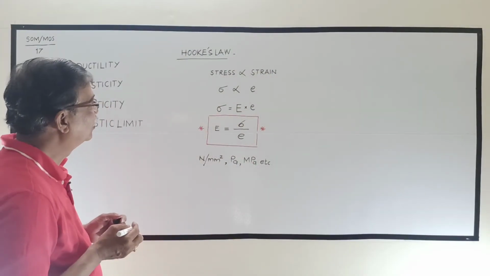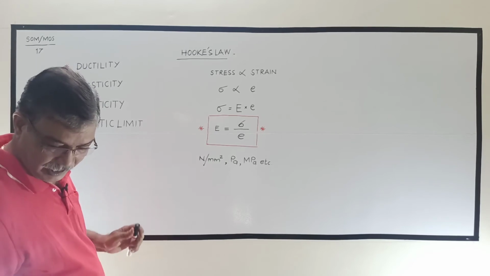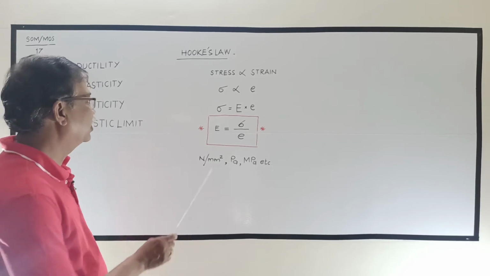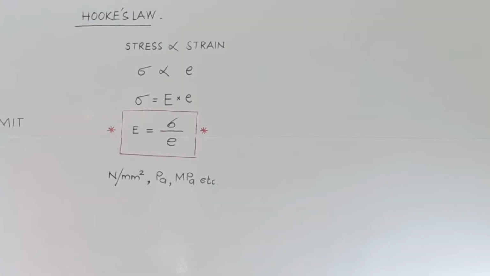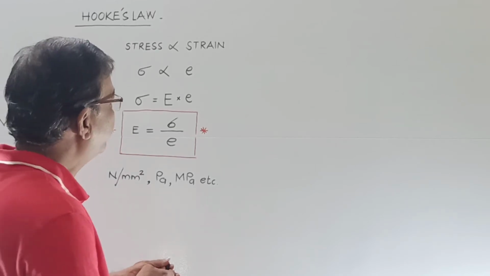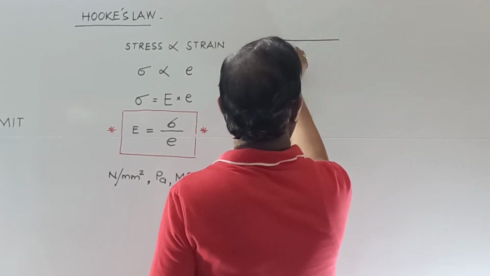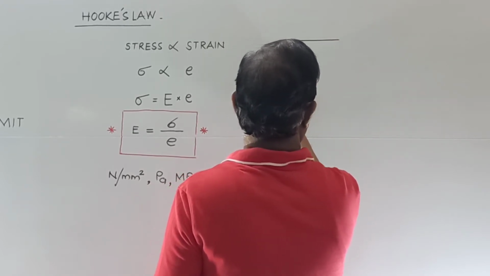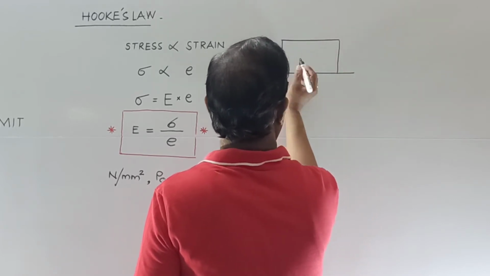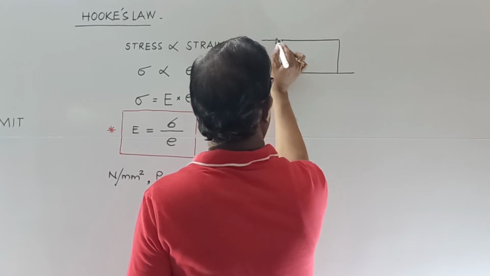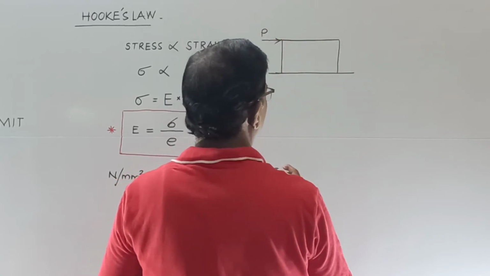Okay. Now, this Hooke's law is: stress is directly proportional to strain. Here I have taken into account the direct stress. Now, if we consider the tangential load acting, in the first video we saw different types of loads. If the load is acting like this, if I say this is the load P, this is known as shear load,